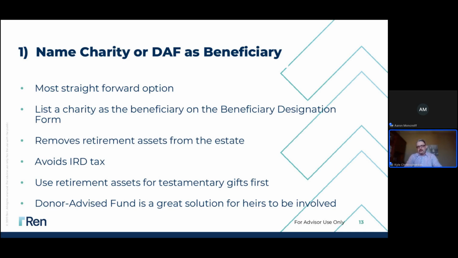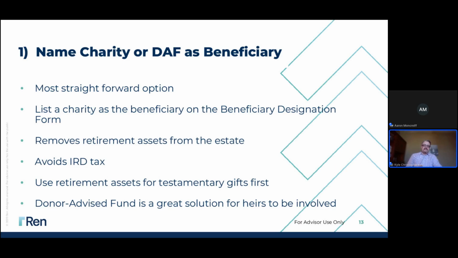The key thing to know about the donor advised fund, it is a great solution to involve the heirs, to involve the children, that next generation. Why is that important? Well, when you're working with your clients and they pass away, do those assets typically remain with you, or do they go to the children and they have their own financial advisor? Statistically, about 80% of assets transfer to a new financial advisor when the parents pass away.